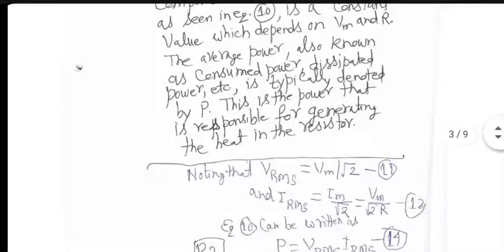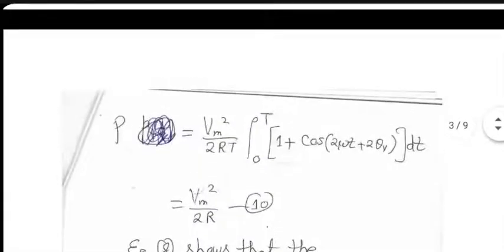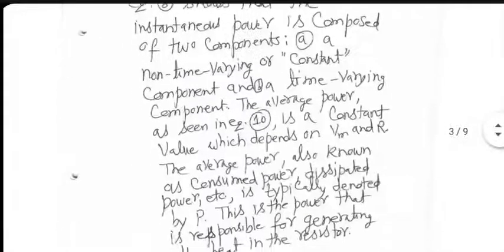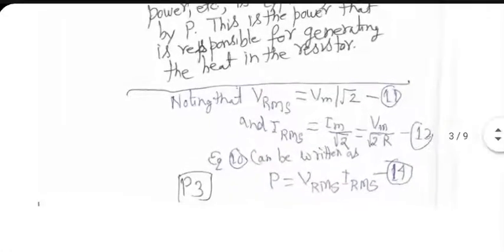Now, other thing is some mathematical simplification of the result. Vm square divided by 2R is the average power in a pure resistor. We know that Vrms is Vm divided by square root of 2. We have proven it several times. Even in this document, it is proven again. And Irms is Im divided by square root of 2, and Im is Vm divided by R. So bring it all together. The average power turns out to be Vrms into Irms in case of a pure resistor.